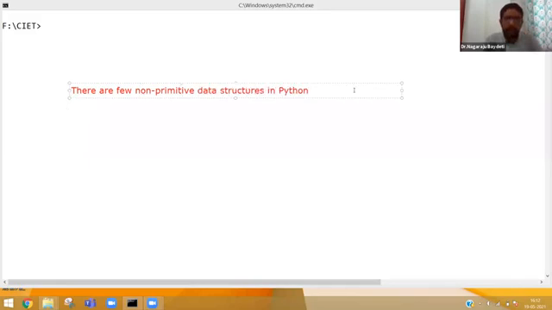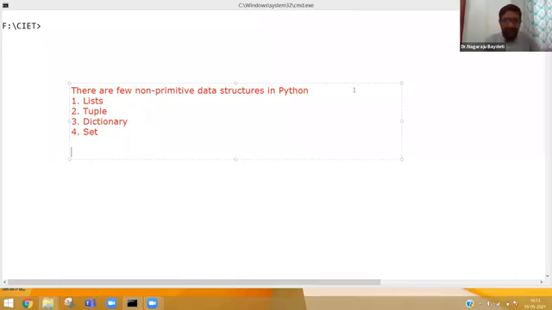Basically, how you can store data. 1, list. 2, tuple. 3, dictionary. Another one is also there, called sets, or a set.